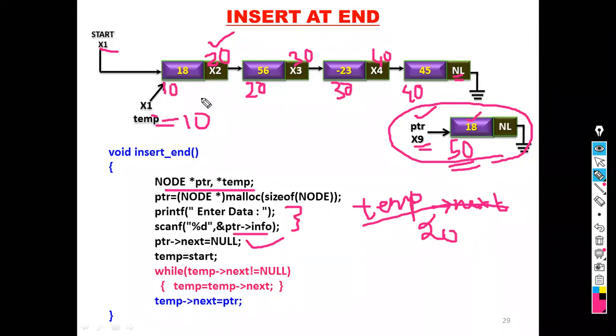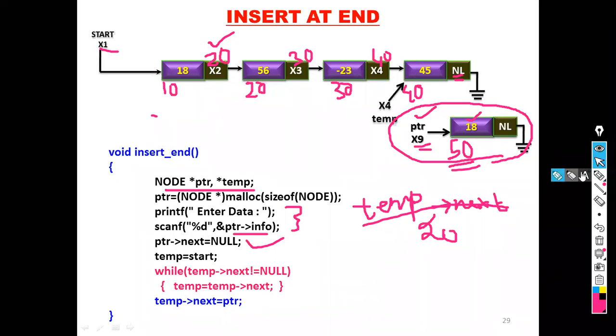Okay, that means what is the new value of temp? Now temp is pointing to the next node. You see, now the temp is pointing to the second node of the linked list. In the second node also, what is temp next? 30.